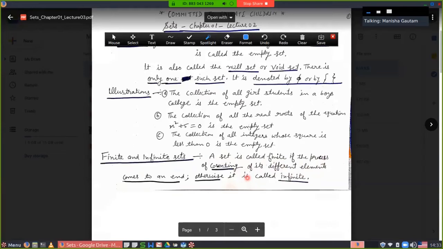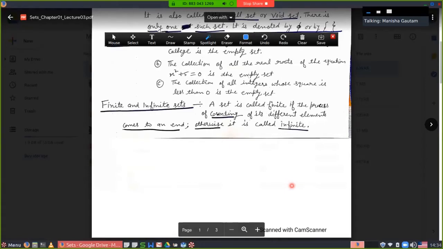You can take the example. If I give you a set having vowels in it, you can count there are 5 vowels, A, E, I, O, U. If I give you the natural number system, count the natural numbers. You are unable to count natural numbers. You can start from 1, but you don't know up to which number you will go. It means the natural number set is an infinite set. It means the number system will give you infinite set examples, and other examples in which you can count are the examples of finite set.